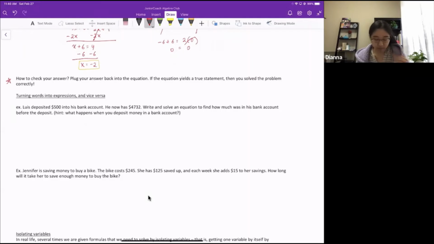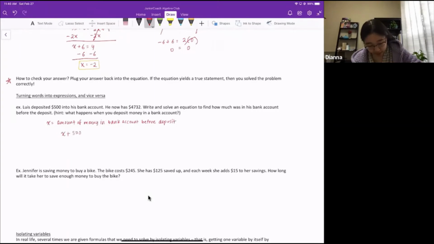So that means let's let x equal amount of money in bank account before deposit. So the expression I'm going to write, or equation I should say, is x plus 500 equals 4,732. And the reason why is because